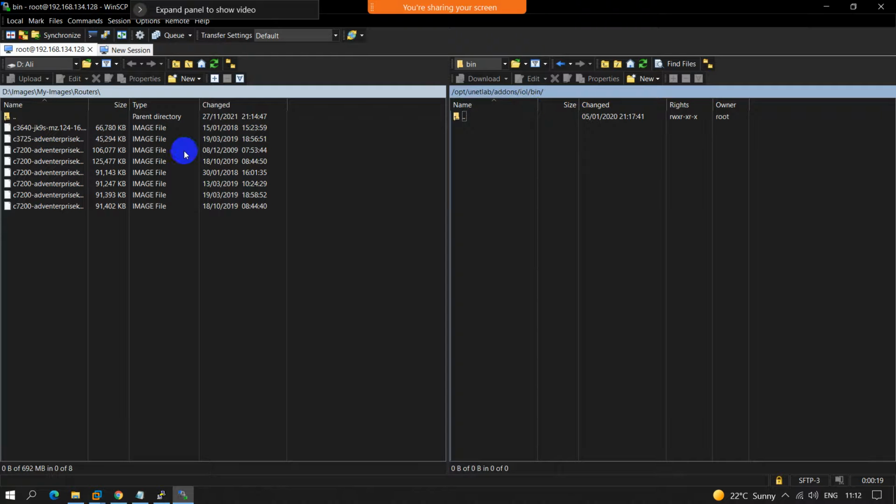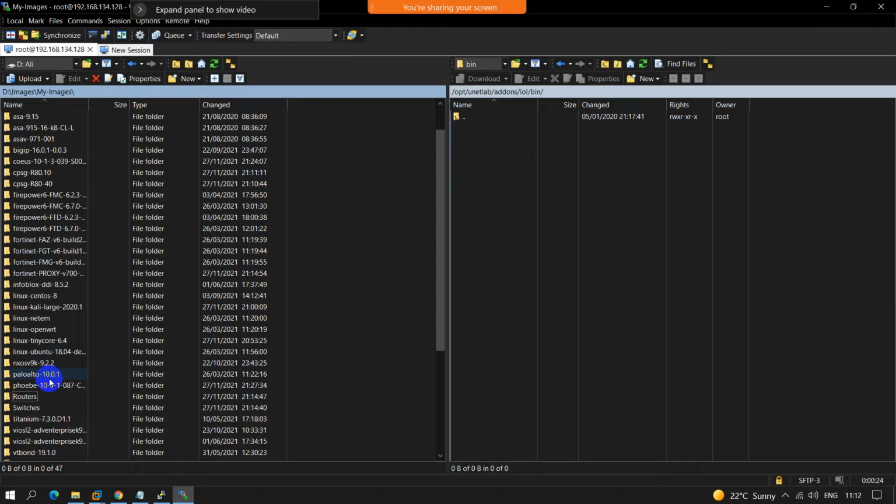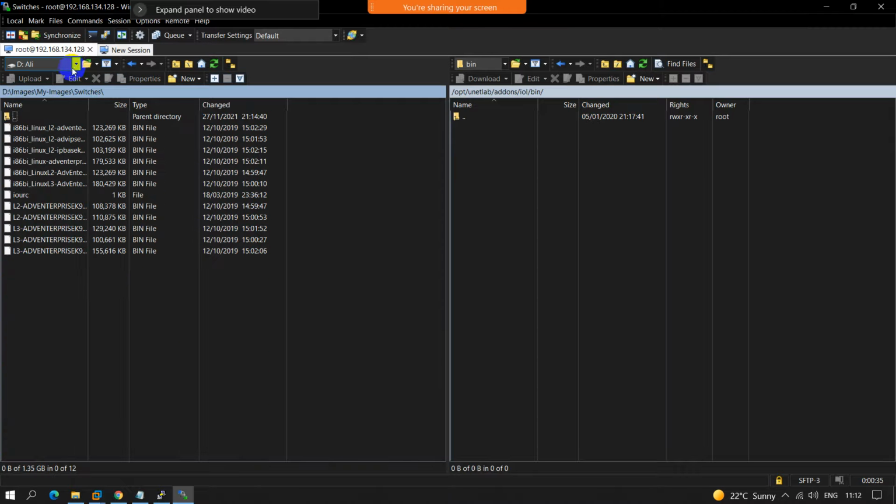And now I need the switches images on my system. So the left side is my system. Up arrow and go to the switches images. I already downloaded and kept them in one folder, ready. You can change the drive anytime from here. So these are the switches. Keep in mind this file is very important. Switches will not work without this file. This is a license file for these switches. Routers can work without this file, but you need to copy all of these to this bin directory.